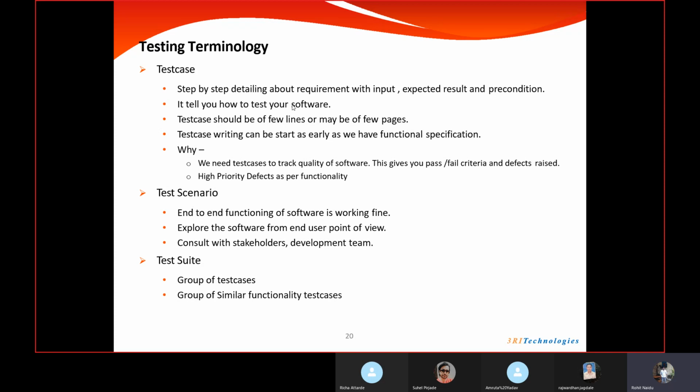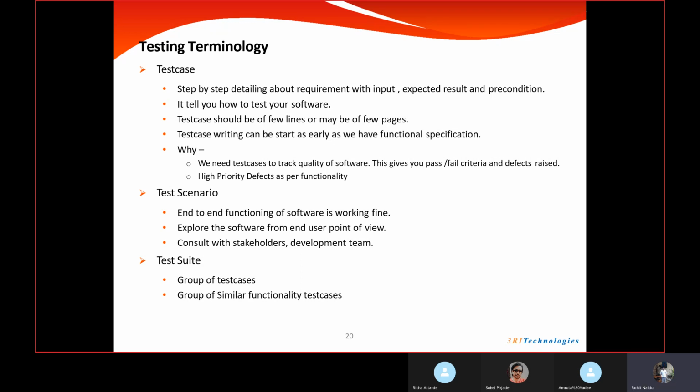Okay. So now read these three lines. End-to-end functioning of software is working fine. So what have we done in Myntra? If you observe carefully, here we are testing the login functionality. Here we are testing the wishlist functionality. We are testing shopping cart functionality. We are testing address. We are checking whether the order is getting successfully placed or not. We are checking the logout functionality. So many functionalities are involved, and we are testing them in a collective manner. Like in the end-to-end scenario, in a test scenario, we are verifying everything in simple terms.